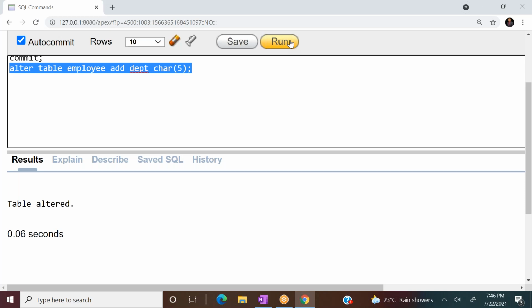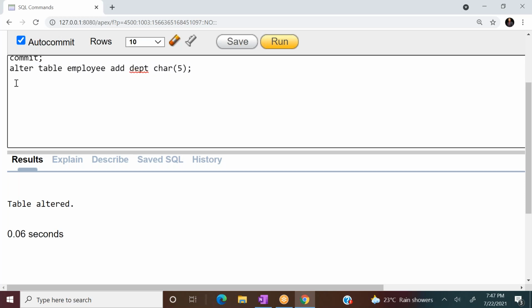But in this version of Oracle 11, we don't require a keyword called column. That's why I removed column. So that is ADD attribute name and type. You can see here the table is altered.